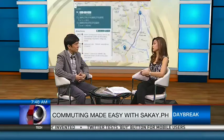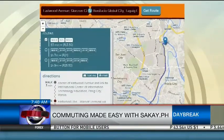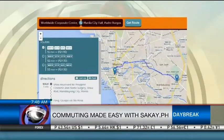Now, how does that work? Do I just type in a general area, or do I have to type in the exact address of where I'm going? Right. So what we try to do is we actually have an autocomplete built into the site. So if you type in something like Ateneo or La Salle, it will actually suggest